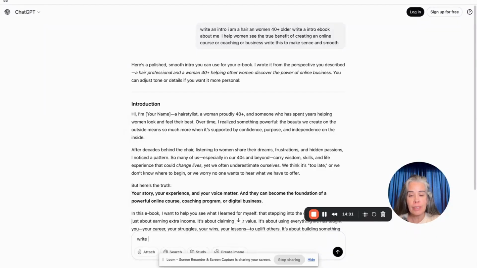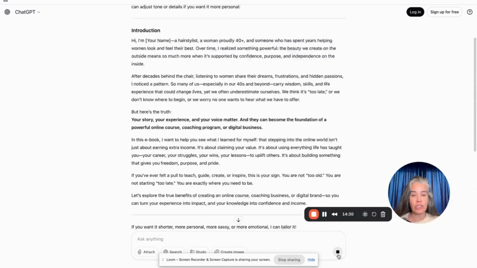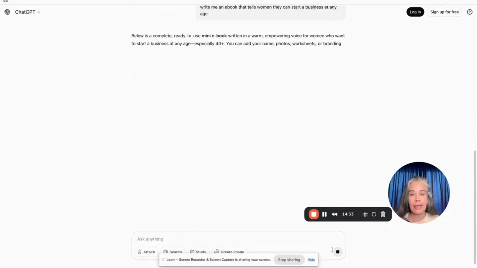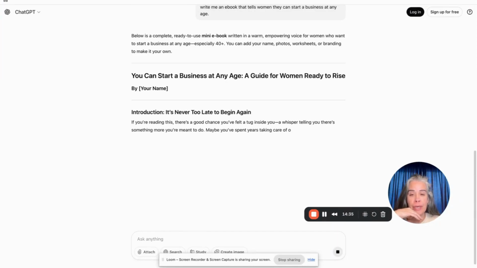So write me an ebook that tells women they can start a business at any age. Now, you're definitely going to want to go into paragraphs and tell ChatGPT what to put in there because then it'll start taking over and put its own words in there. And you want to have your story. You don't want to replace what you have to offer with ChatGPT. You want to put your story in there. You just want a better outline. And like me, I'm not a great writer. My sentences aren't